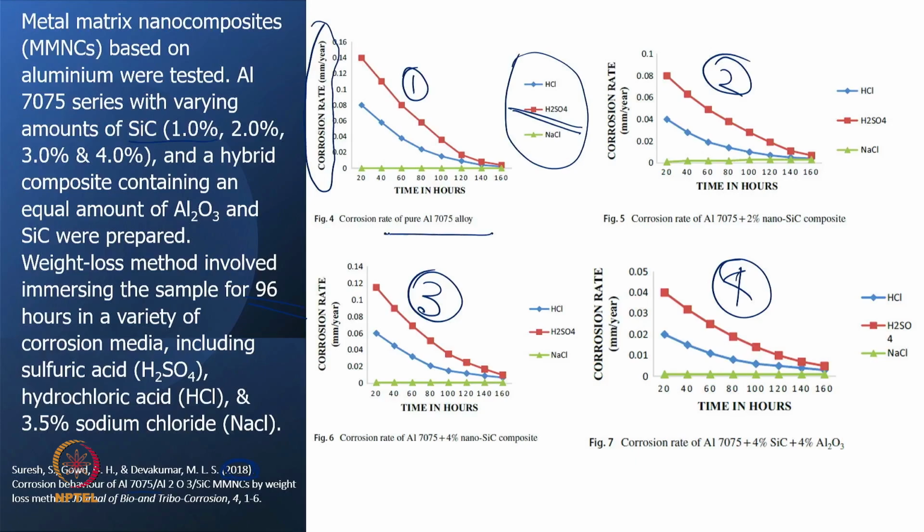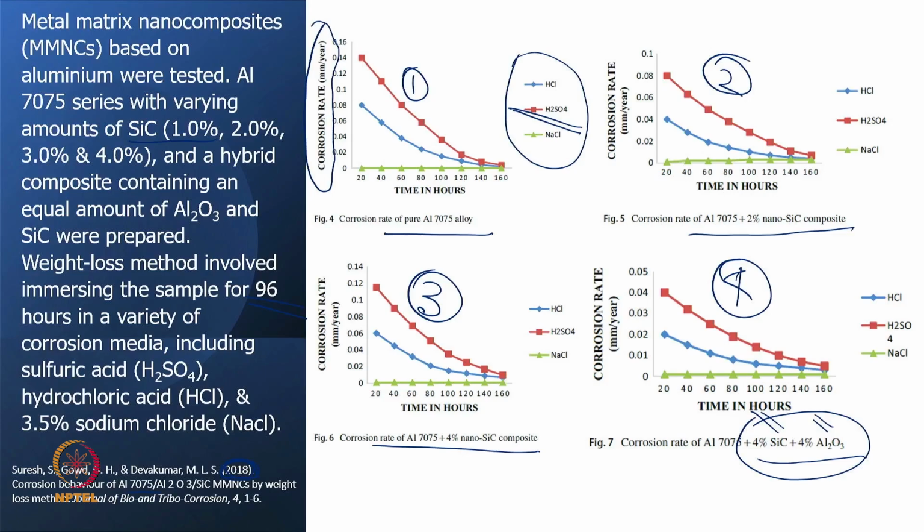So, what has been this? This is for the pure aluminum alloy. This is aluminum alloy with 2% nanosilicon carbide. This is aluminum alloy with 4% nanosilicon carbide, and they are mixing, making a hybrid composition. That is 4% silicon carbide and then 4% aluminum oxide also. So, they are using some sort of a hybrid combination and then trying to figure out what will be the